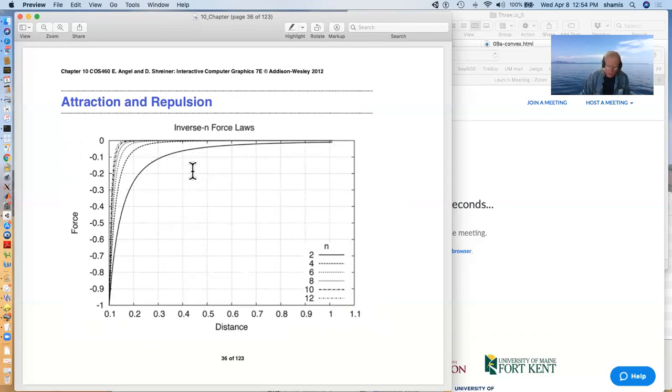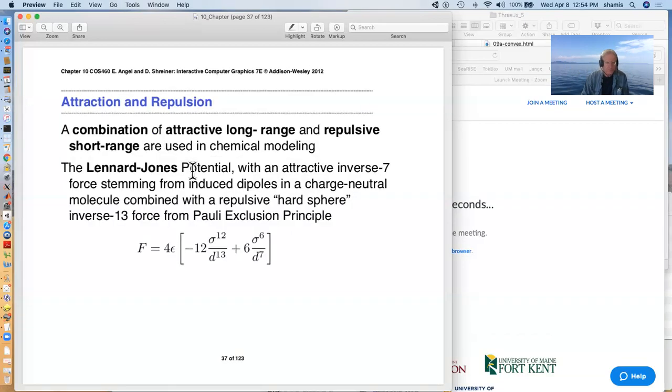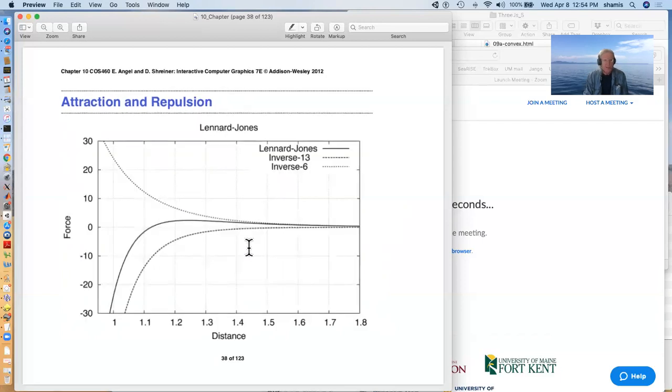And so this is one way of modeling collisions between particles. This is often done in molecular modeling, where we combine in what's called the Lennard-Jones potential an attractive inverse 7th, that's this one, with a repulsive inverse 12th or inverse 13th that pushes our molecules away from each other. This is what Lennard-Jones looks like. This is the potential that's a combination of the inverse 6 and the inverse 13th. This is our potential